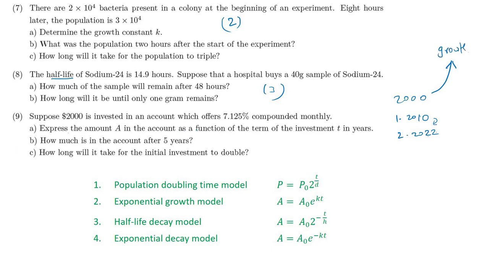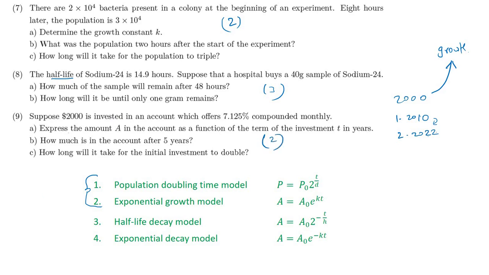Express the amount A in the account as a function in terms of investment. What formula will you use? It is increasing. If it is increasing, it means first one or second one. Whether doubling is there? There is no doubling. Please note that they have mentioned the word double only in the last question, not in the first one. They did not say to you it is doubling in this many years. They did not say it till now. So don't tell it is number 1 by looking at the word double. It is not there. So please note, number 2.